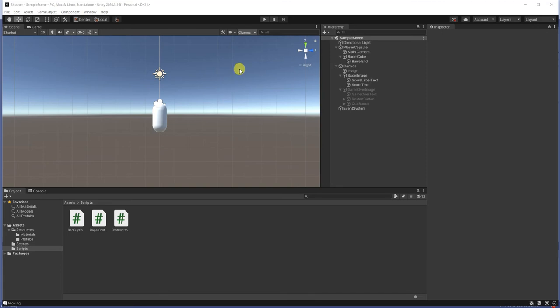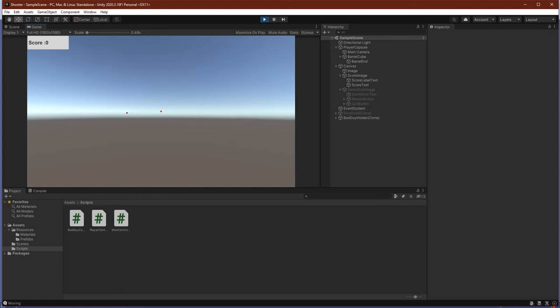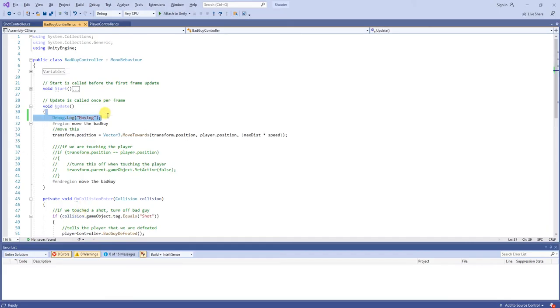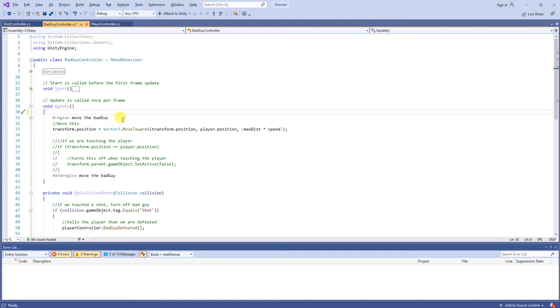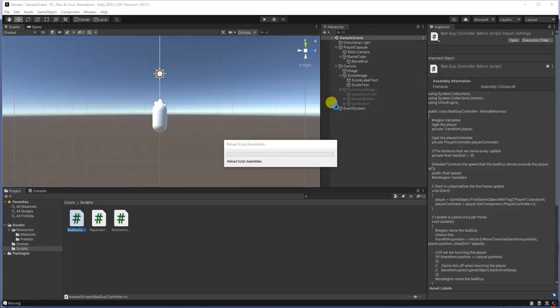Okay, there's one more small issue, where if you turn it on, you can see the bad guy, but you notice that the bad guy never moves, so he doesn't get close enough for you to shoot him. So what we need to do is go into our bad guy controller, and right in our variables, we never set the max distance for the player to move, so this is still at 0, which means he will never move anywhere. So I like to set the max distance to 0.5f. Okay, now let's load the script